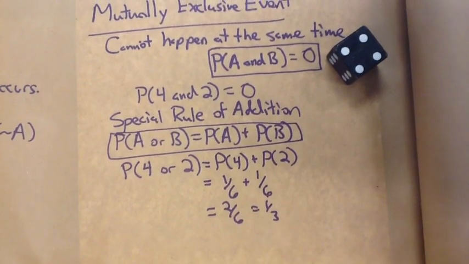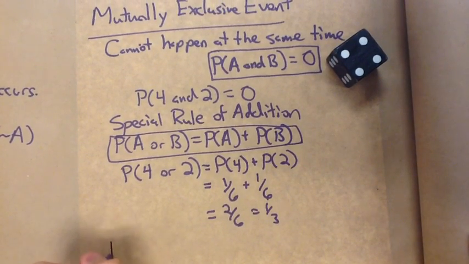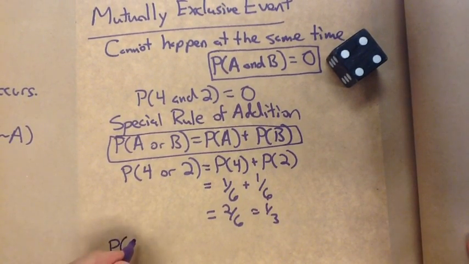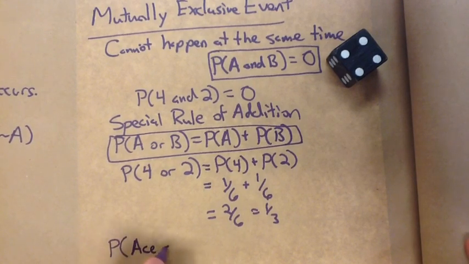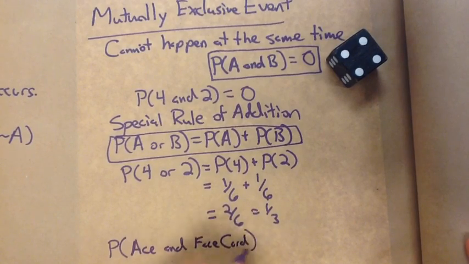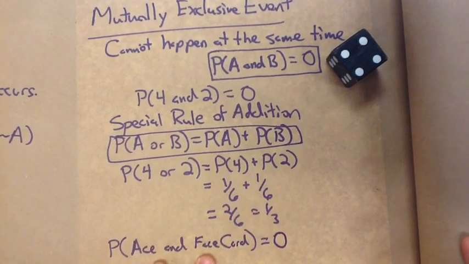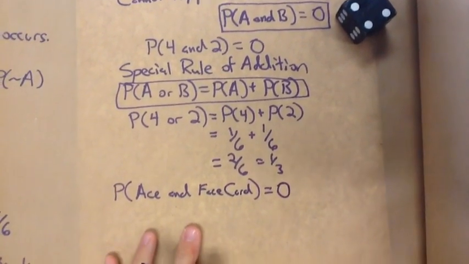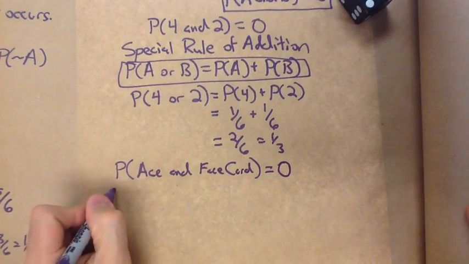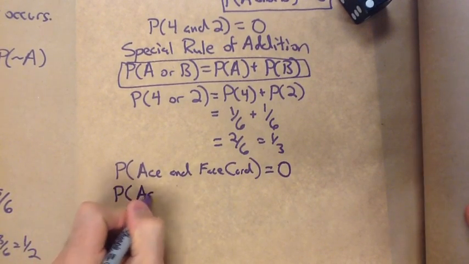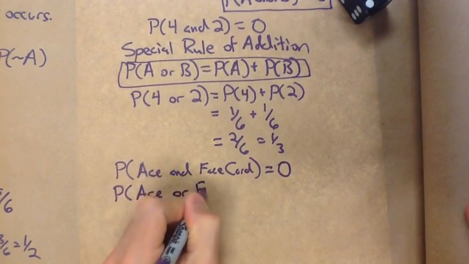Now, if we were thinking about cards, the probability, if I pulled a single card, that it would be an ace and a face card is 0. I cannot physically pull both of those. It won't happen. But I could look at the probability I pull an ace or a face card, which means